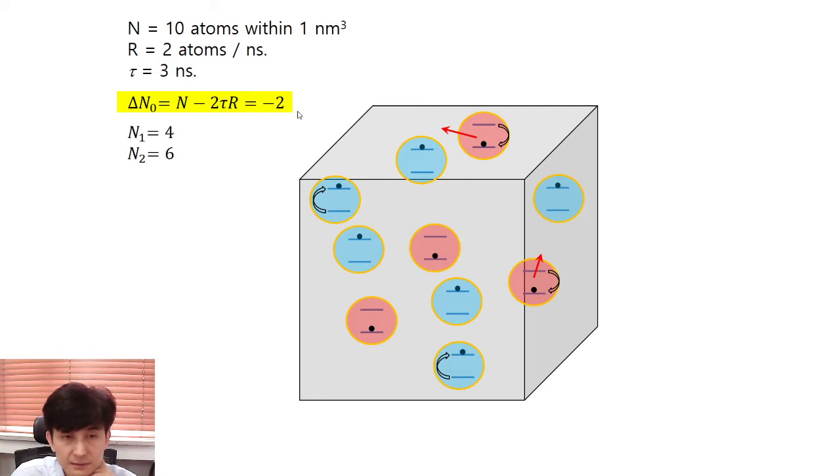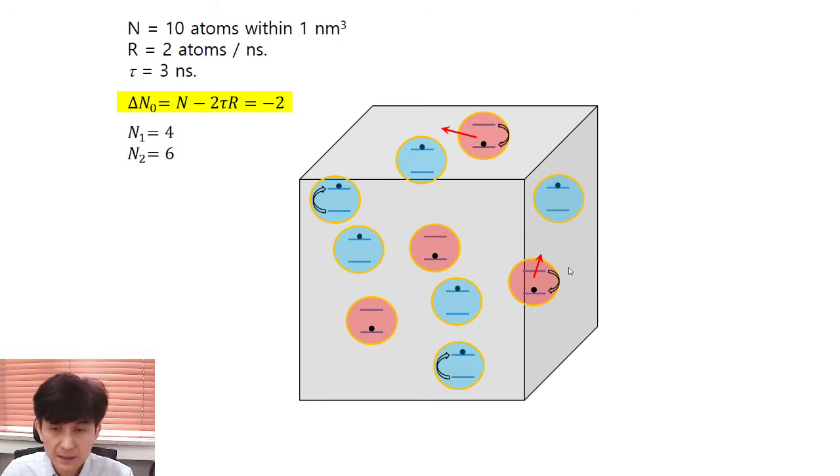That's the population inversion is negative. That means the number of ground state atoms N1 is 4, and the number of excited state atoms is 6. So we have 1, 2, 3, 4, 5, 6 excited state atoms represented with these blue circles, and we have 1, 2, 3, 4 ground state atoms